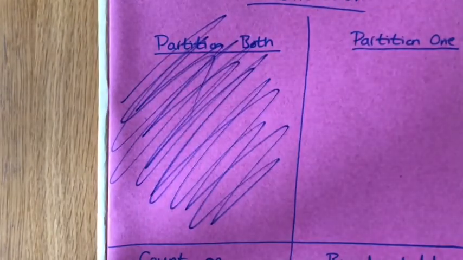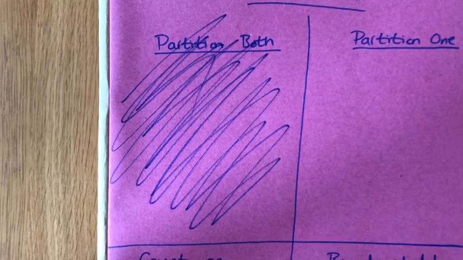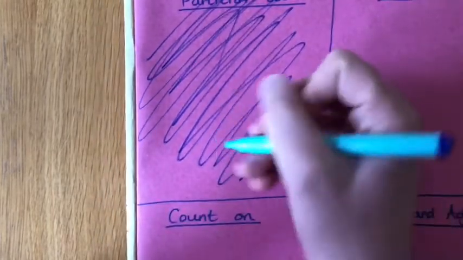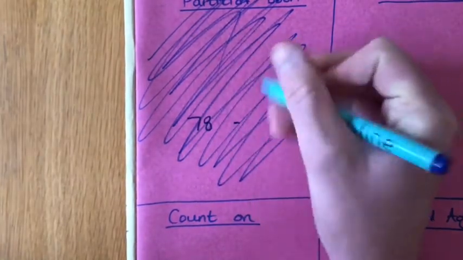No! Do not use partition both, because partition both is going to get you wrong when you're doing subtraction stuff. Okay? It will send you wrong. Because if you do something like, and I'm going to have to do it under here, like 78 take away